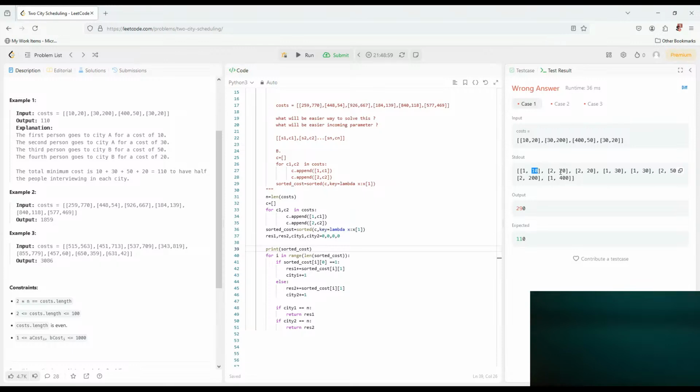Yeah, so we add 1, we add 2, we add 2, we add 2. But how about we remove this? We remove this and we add result, we will